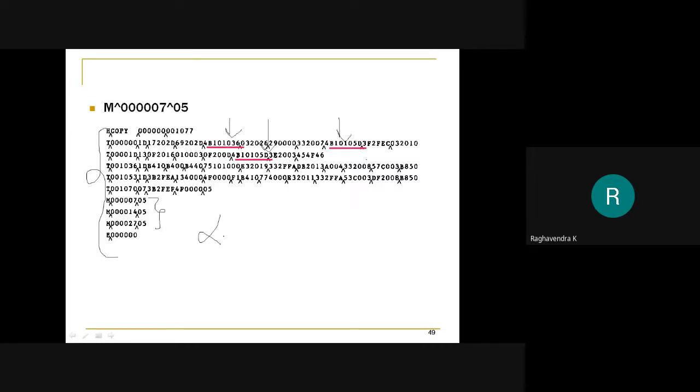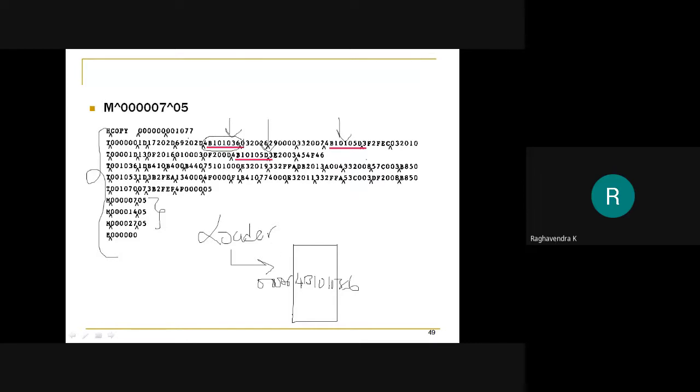We are already familiar with the loader program. The loader's main job is to load the program into main memory for execution, and we had seen that there are different varieties of loader programs as well. Assume that the loader has loaded this object code 4B101036 at, I believe, the address 00006.